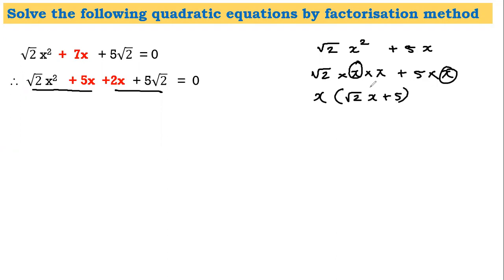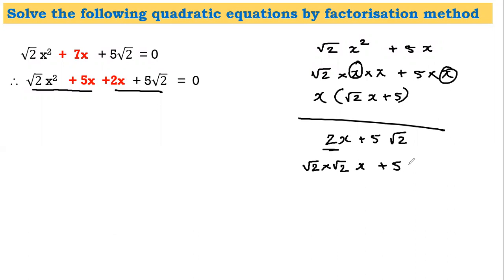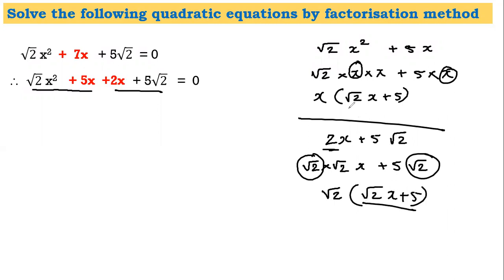Now you can use the technique that I gave in the previous sum and get common from the second bracket, or anyways you will have to learn this for the next sum. I have 2 here and I can see root 2 here. So I will try and express 2 in terms of root 2. So I know that because I've learned surds, 2 can be written as root 2 into root 2 and x as it is. And 5 root 2 as it is. I'm not breaking up 5 because there is no root 5 here. So I can see root 2 common. What remains in the bracket is root 2x plus 5, and you can see both the brackets are same. That means everything looks okie dokie.